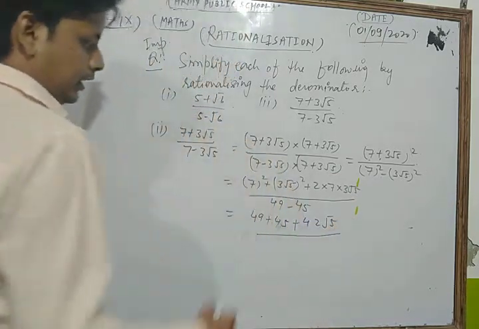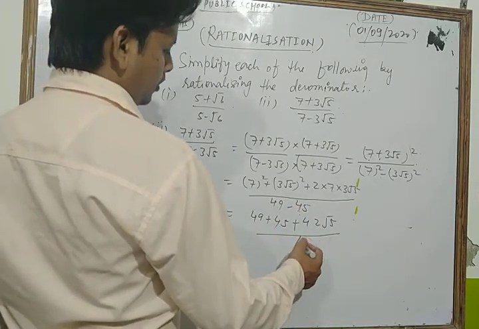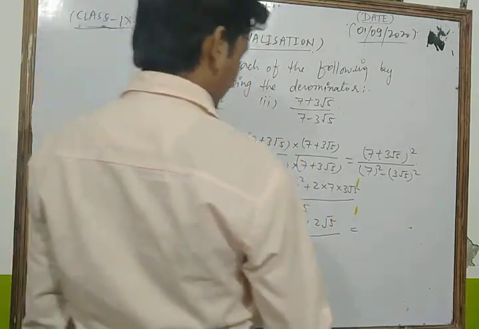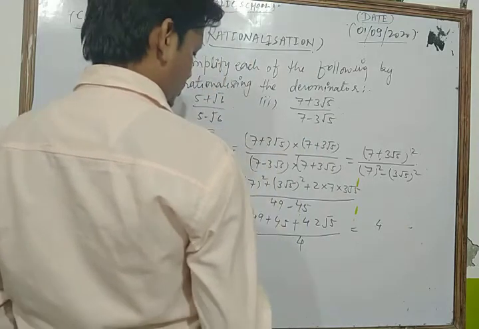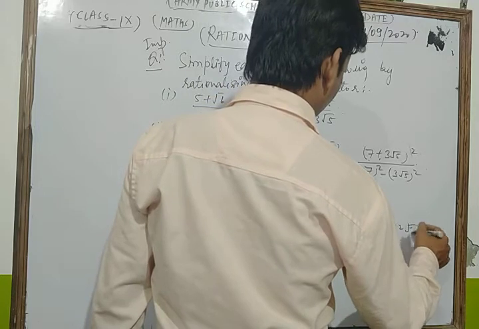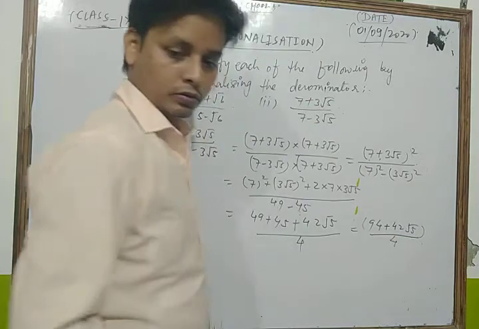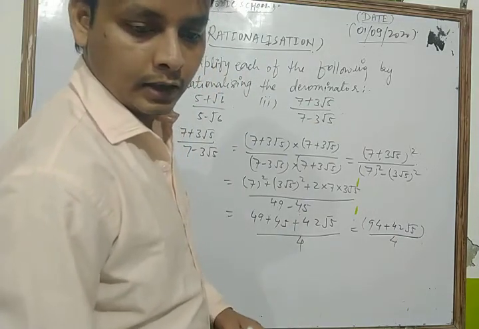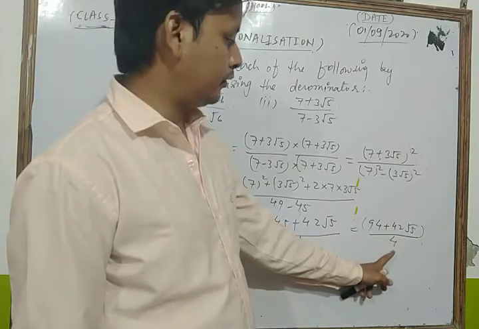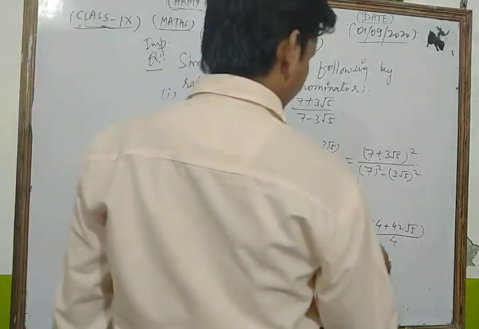Now in the denominator we get 49 minus 45, we get only 4. Now we get 49 plus 45 is 94, plus 42 root 5 upon 4. Now look, the answer is 94 plus 42 root 5 upon 4. Now here we just simplify, we take 2 as common, so we get